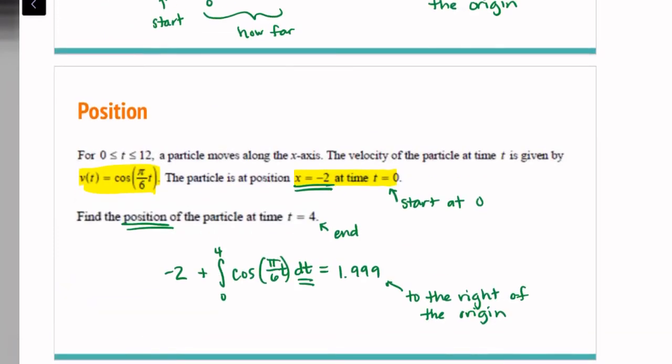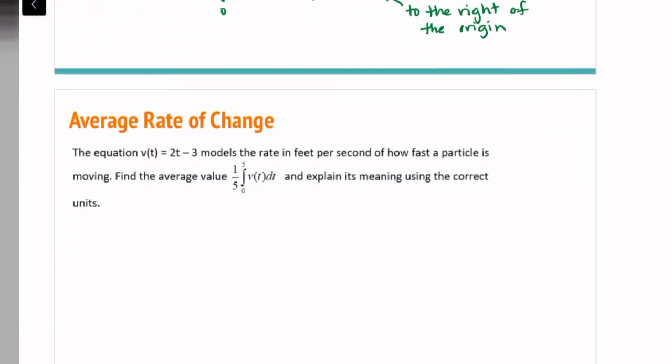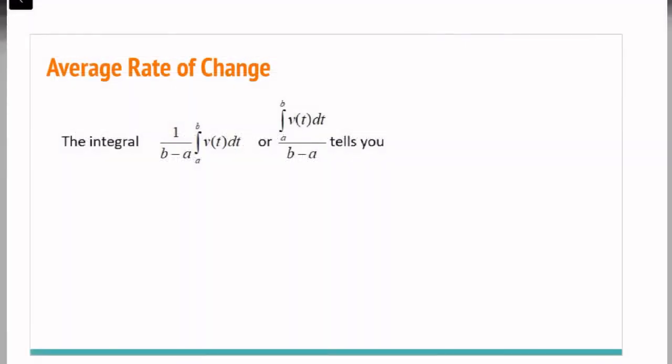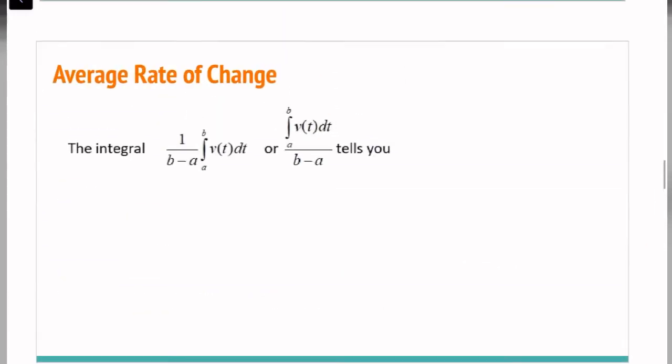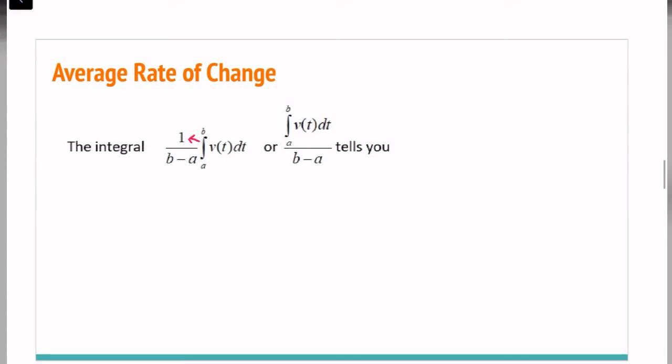Net change in position, we've done a little bit of. We're going to go into now the average rate of change and then the total change. So moving on to average rate of change. The integral 1 over b minus a times the integral from a to b of v of t, or this is the same thing, we just multiplied this integral up to the top. Okay, so you might see it either of these two ways, is going to tell us the average value or the average